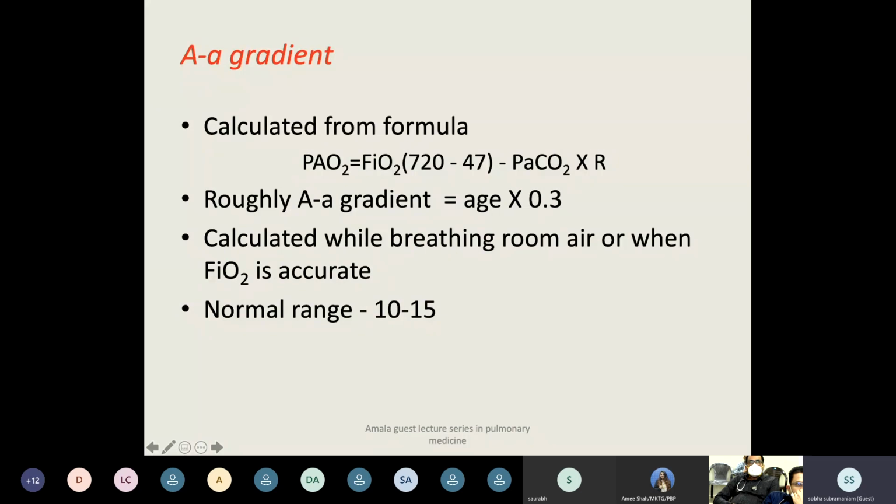Actually, you can calculate roughly AA gradient is equal to age into 0.3. That will give you the AA gradient in numbers, but your ABG will always give you AA gradient